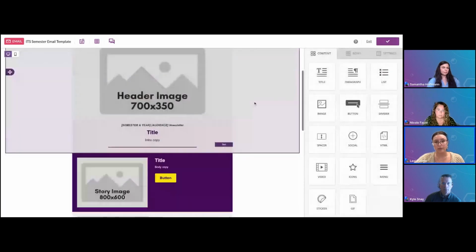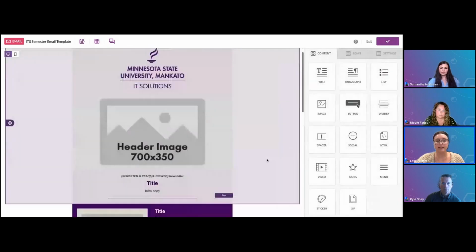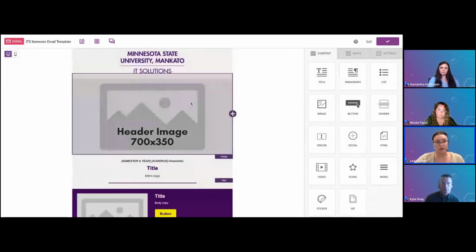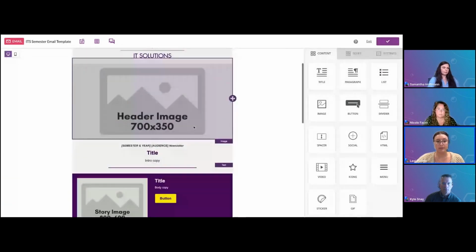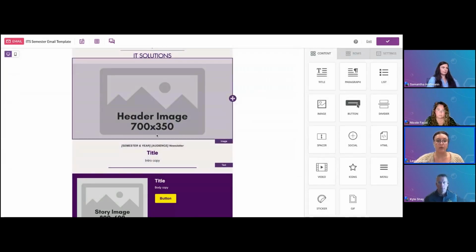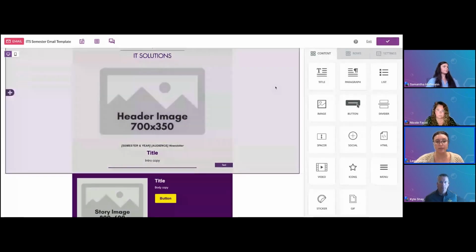And so I actually created this one from scratch and just put all my settings in. I put in our logo, placeholders for images, and I even just popped in the image size as well. So that when we get in here and we're hopping over to our Canva or our Photoshop and we're creating that graphic content, we automatically know what size we need to refer back to so that we can just drag and drop right in here.